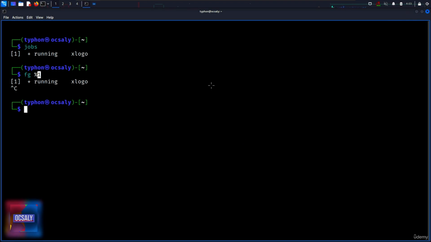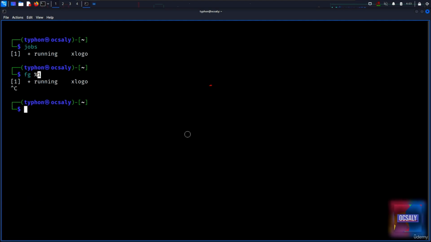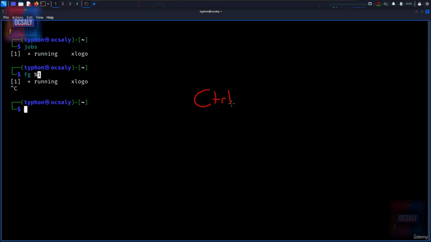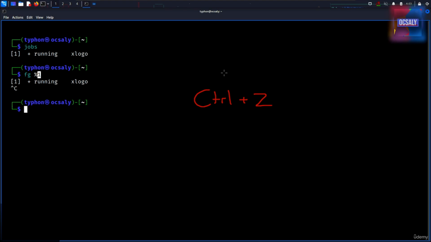Actually, let me write that down here. Ctrl plus Z here. So you will want to press Ctrl Z to stop a foreground process and place it in